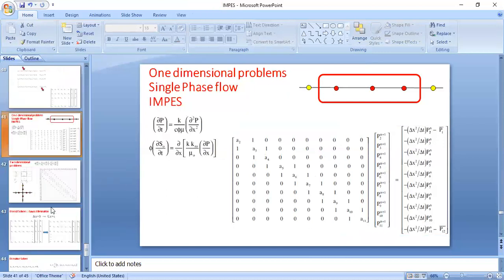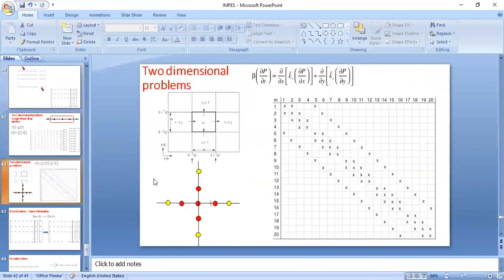And another example, you just want to understand when the physics is changing, how the matrix is changing. That's what I want to make here. In case it is a two-dimensional problem, the equation will become like this: like the ∂²p/∂x² term, there will be another term for ∂²p/∂y². So the whole domain is in aerial view. It is like this, and we divide the domain into i and j, so you will have nodes in the i direction and also nodes in the j direction.